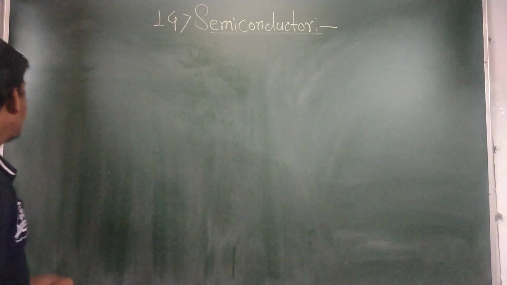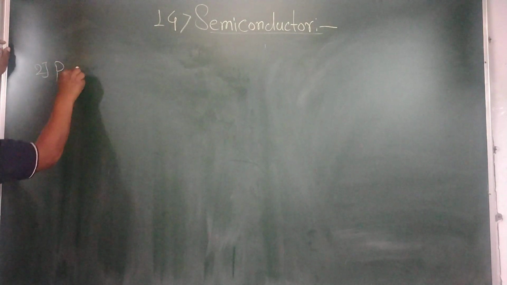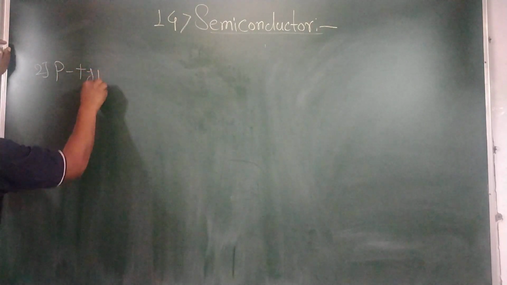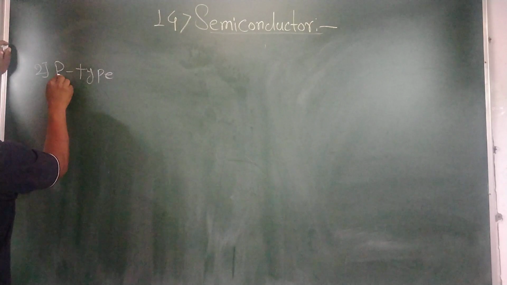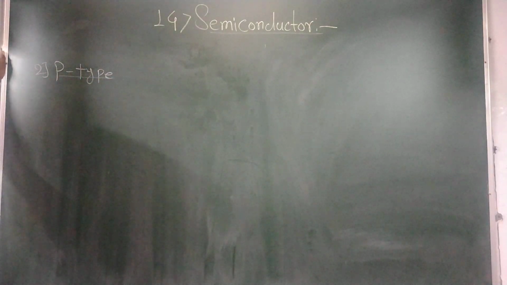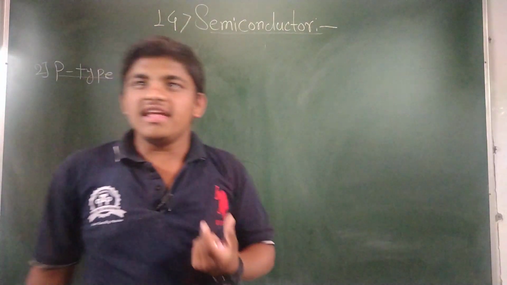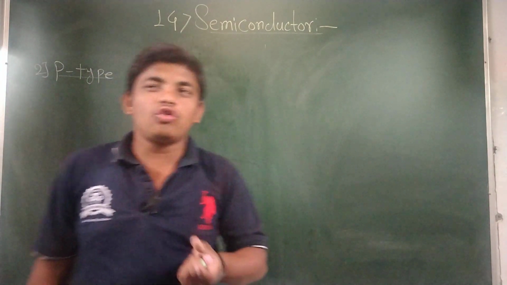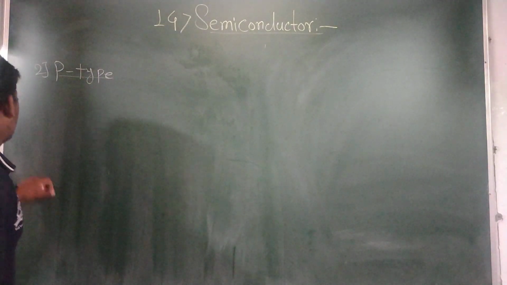Please take the heading of the next type, that is type 2, P type semiconductor. This is a subtype of extrinsic semiconductor. When silicon and germanium crystals are doped with trivalent impurities,